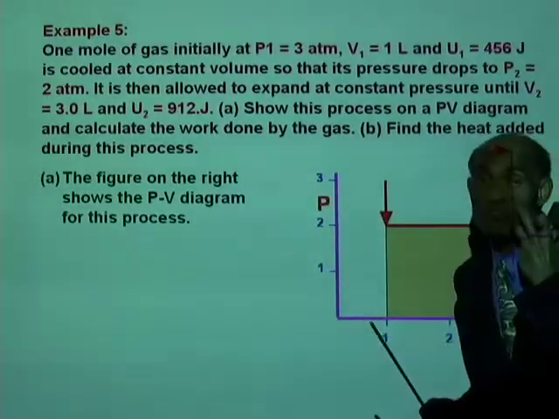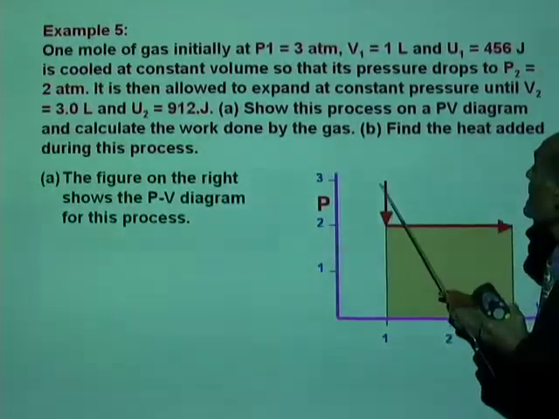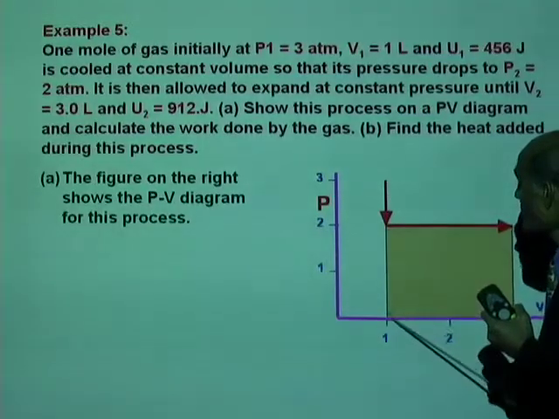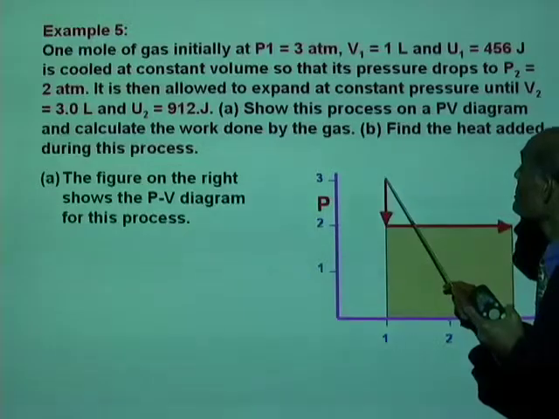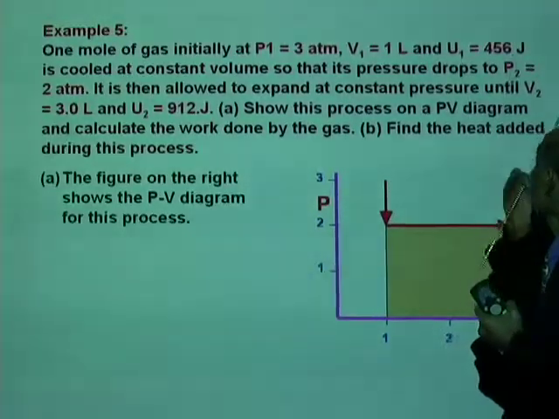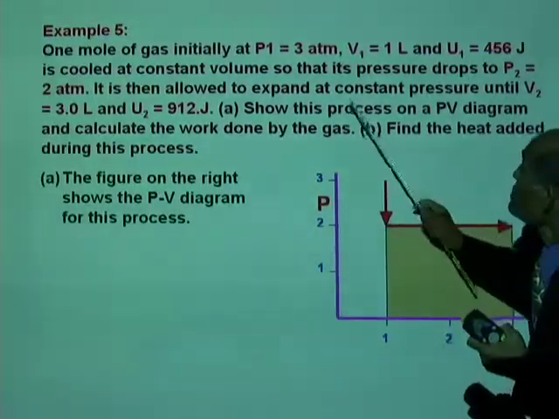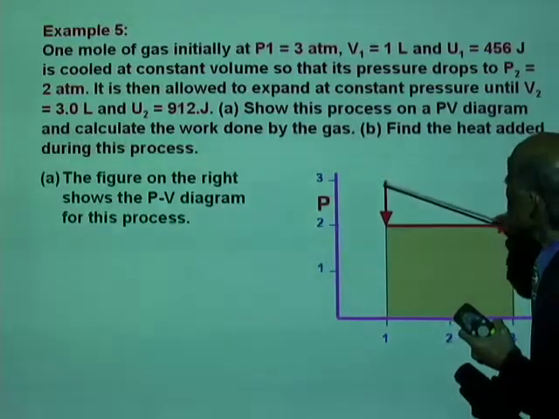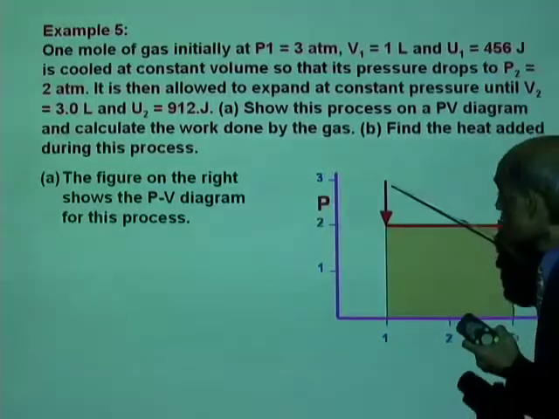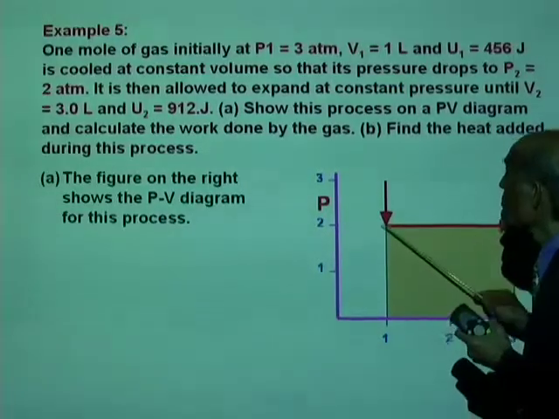Now, where is the gas in the beginning? What is its state? Its pressure P1 is 3 atmosphere. Volume is 1 liter. So here is the gas in state 1. Its internal energy is 456 joules. Now, its pressure drops to P2 equal to 2 atmosphere at constant volume. You notice that the volume doesn't change. It drops to P2 equal to 2 atmosphere,